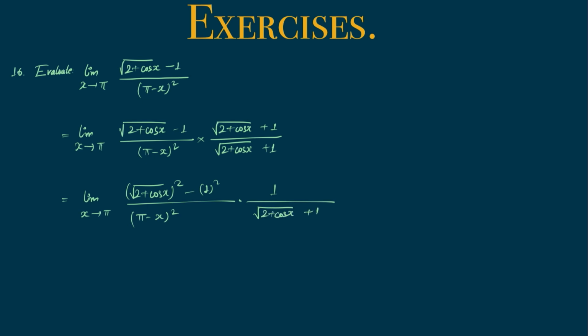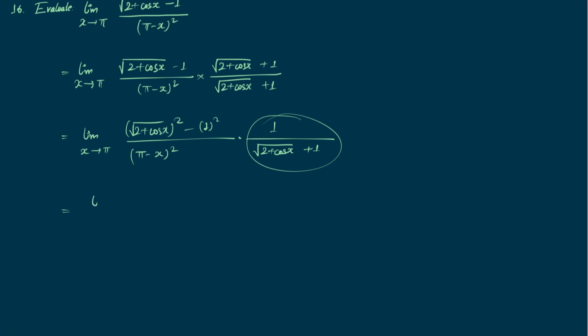Did you notice that whenever there is cos x only, there is no problem, because if you put the value of x as 0 or x as π, the expression will not get undefined. That's why I'm writing it separately. So in the next step, let us distribute this limit to this particular portion. Limit x tends to π: here, as you can see, the root and the square will get cancelled,